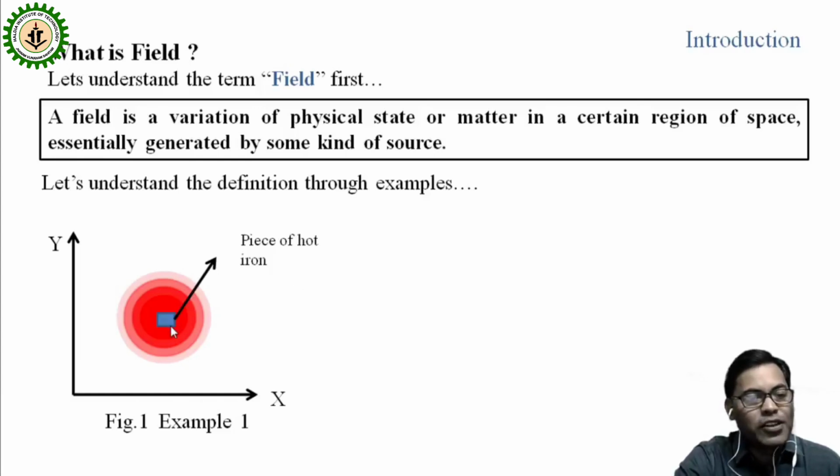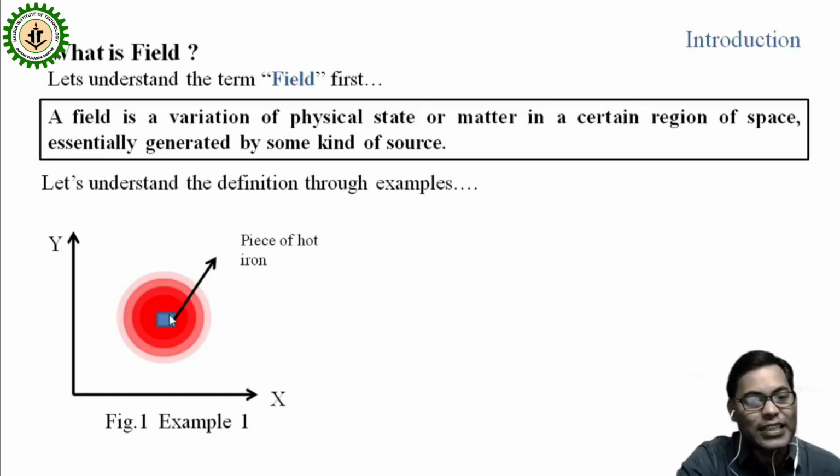When a piece of hot iron is placed in the coordinate system, it emits heat. For that, the temperature of the surroundings of this piece of hot iron will increase. Now, if we move away from this piece of hot iron, then the temperature